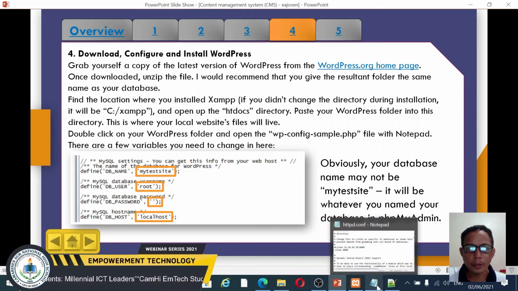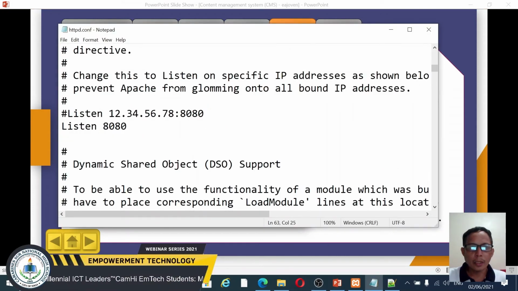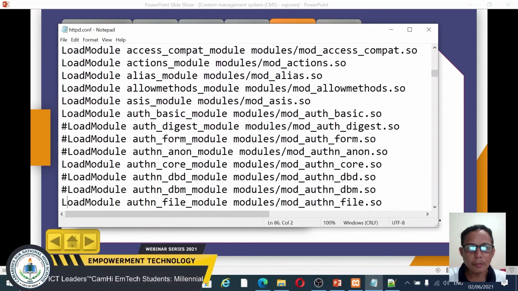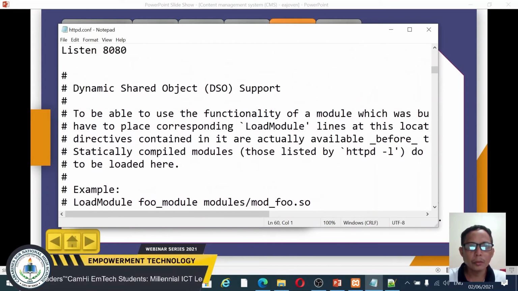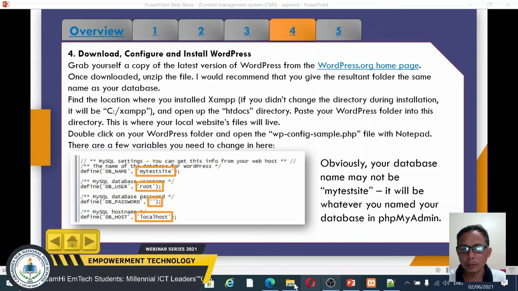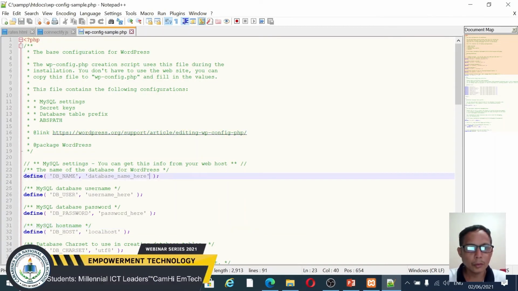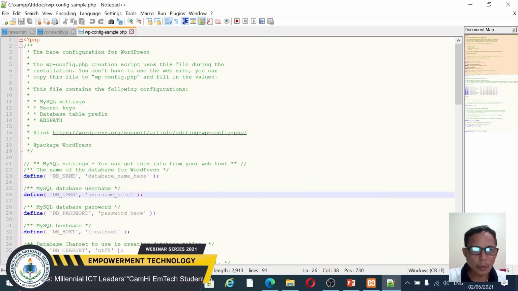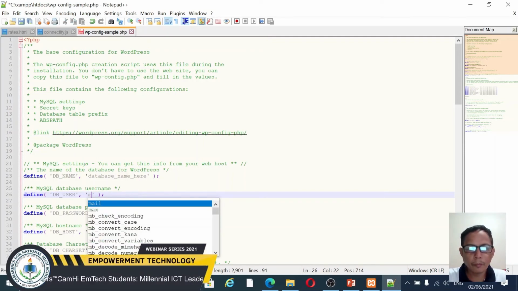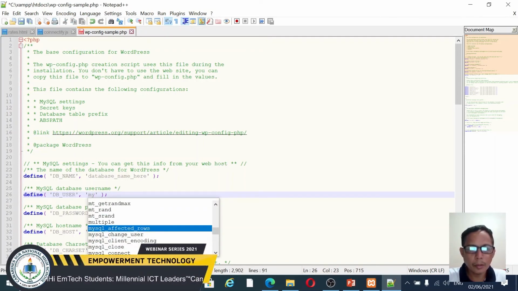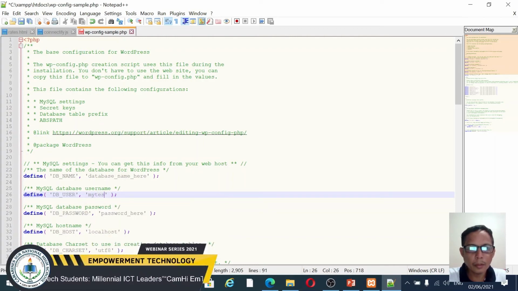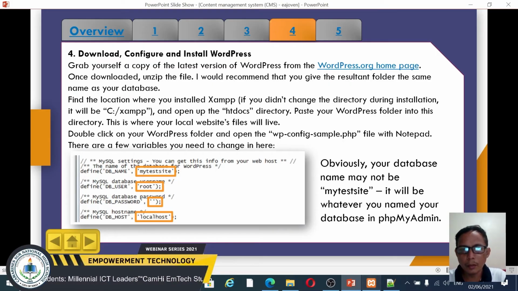Since our database name is my test site, we apply my test site.